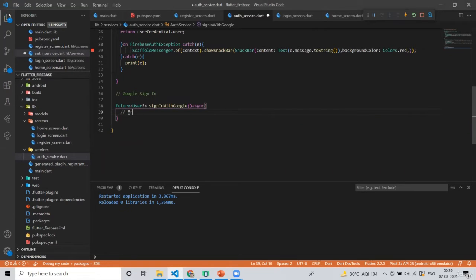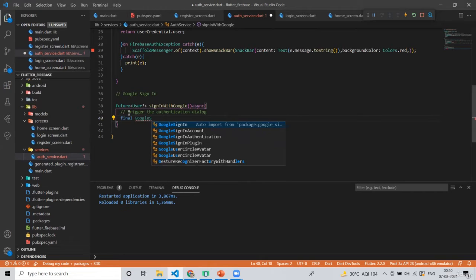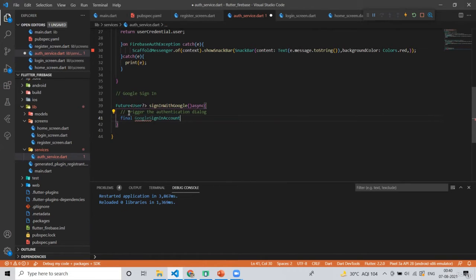Now, first step is to trigger the authentication dialog. That is the options or the dialog box to choose your Google account. For that, simply write Google sign in account. It can be null.